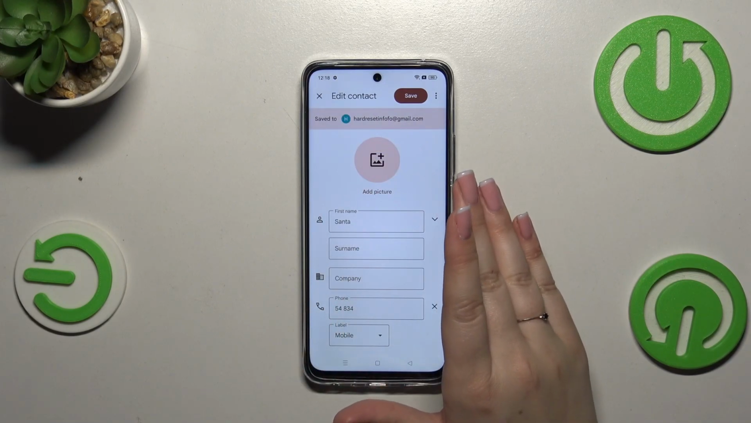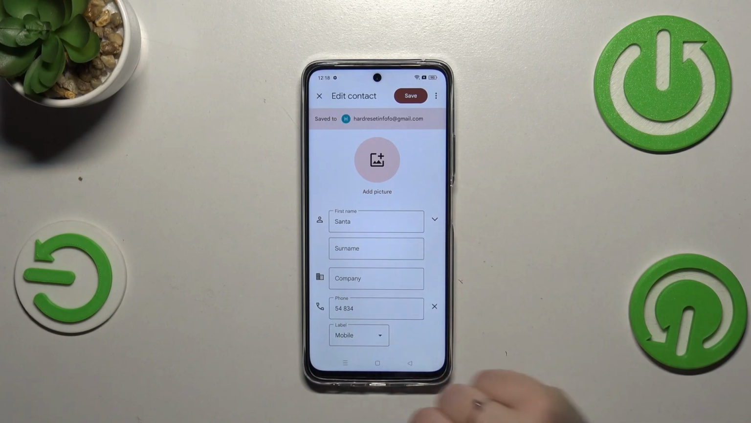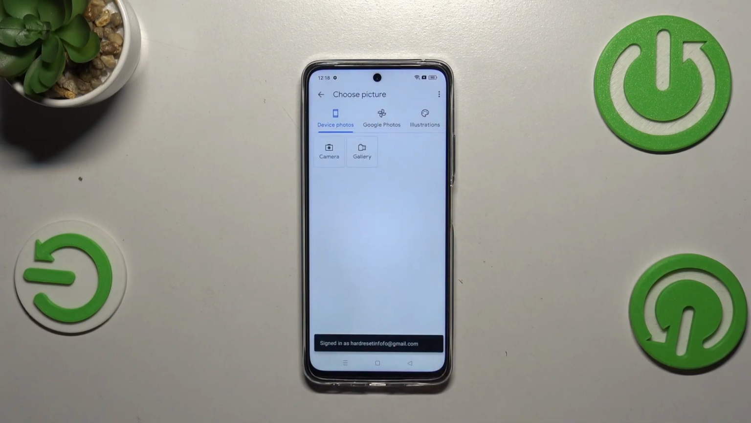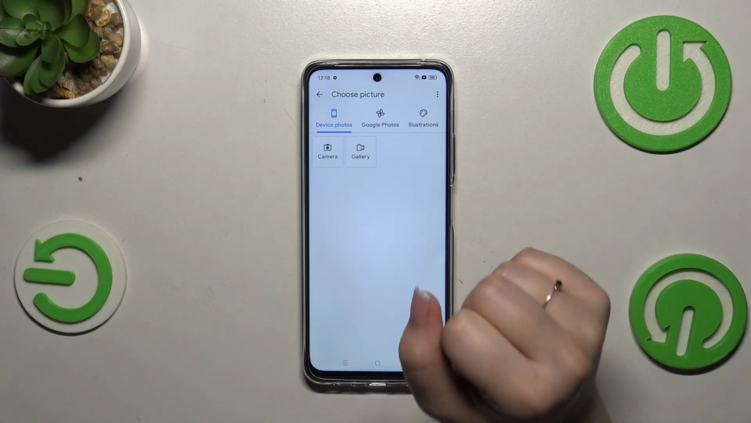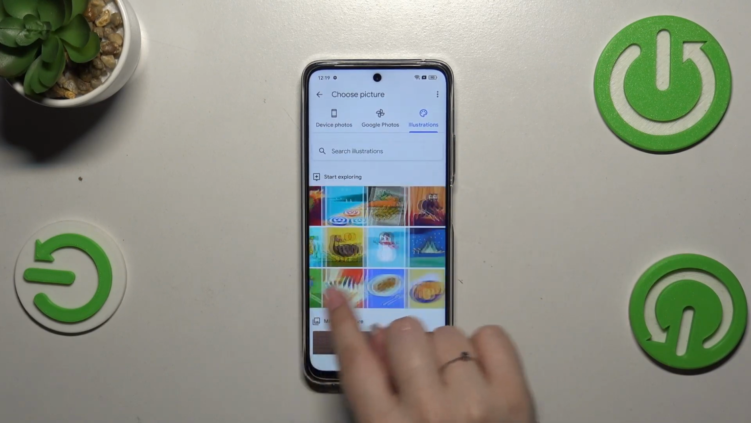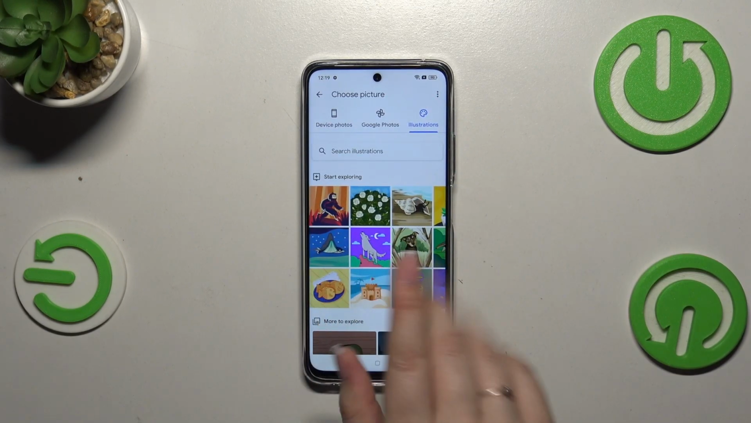So this is what you will see after entering the contact, which is without the photo. So let's simply tap on this icon or this add picture option. And here we've got three different sections from which we can choose the picture. So we've got the illustrations. So here we've got a lot of beautiful kind of like